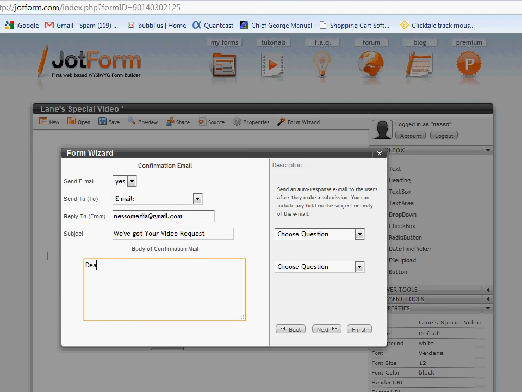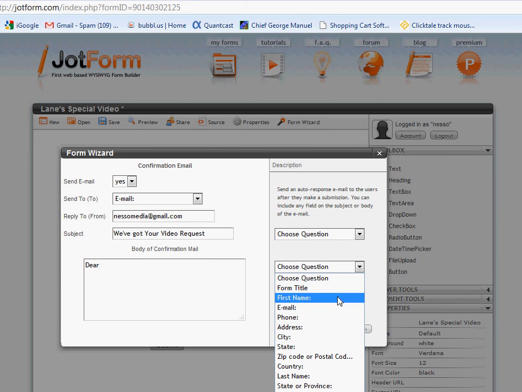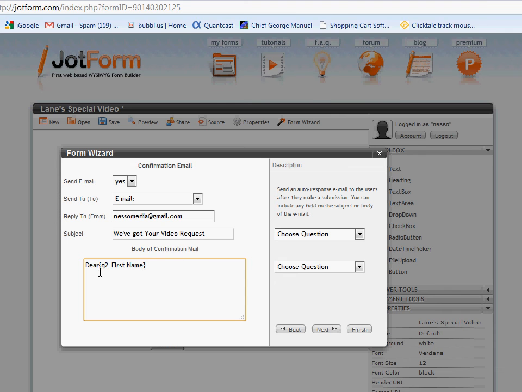and then I say dear, and this is really neat. You see here where the second choose question box? I'm going to go first name, dear first name, and I'm going to put a space in there, and it's going to plug in the first name that they entered on the form when they filled that out. Dear first name,